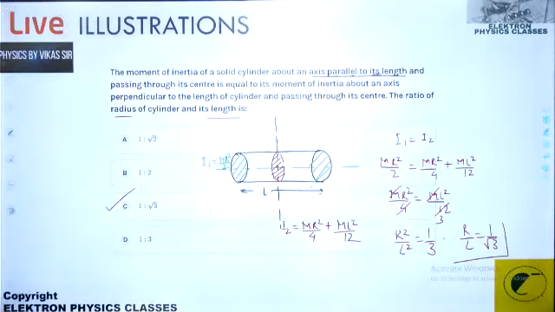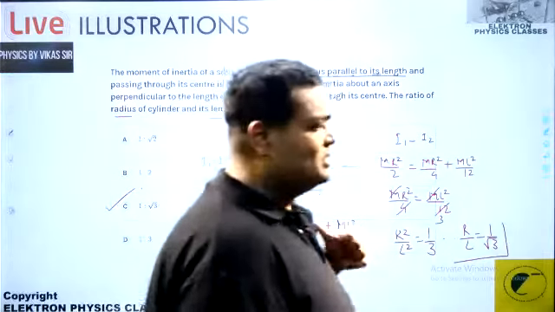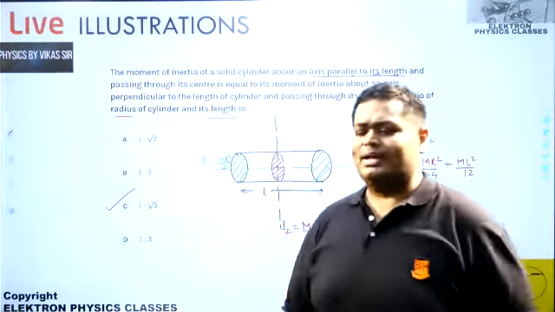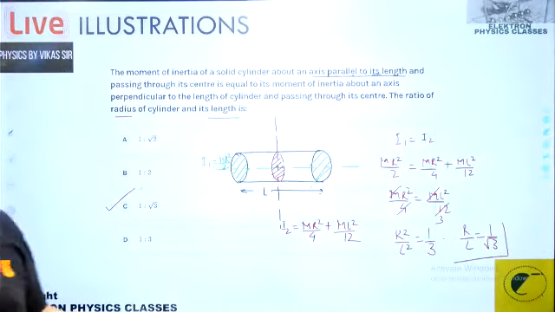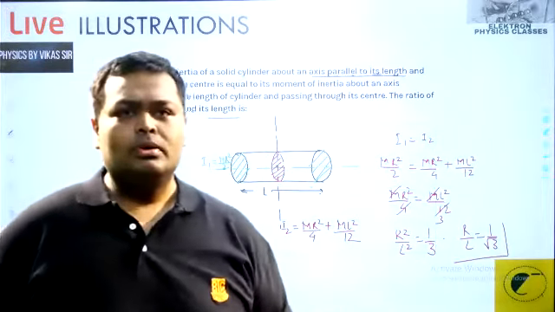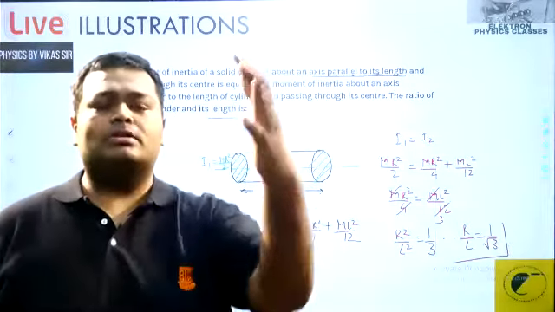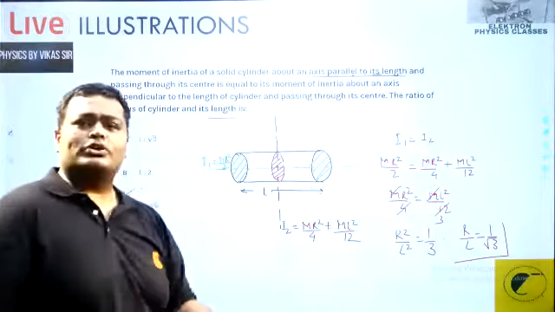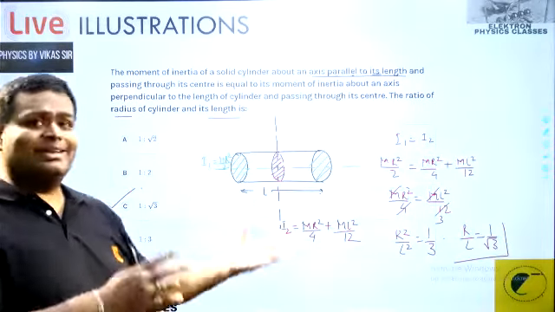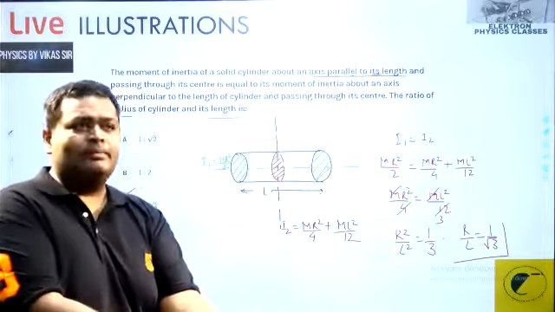The C part, I received quite a bit of an answer, so that is the correct one. 1 upon root 3. And see how amazing this is. If you know the results, good. If you have no clue about the results, then you might still solve the question, but you will have to do integration. And then this question goes out of bound, or it might affect any other question. So results are so important.